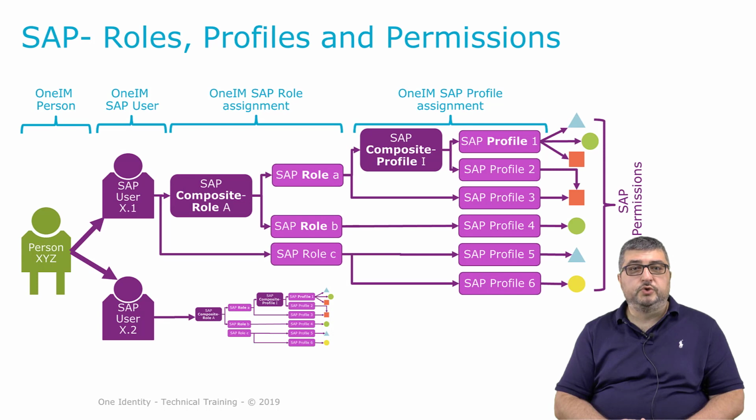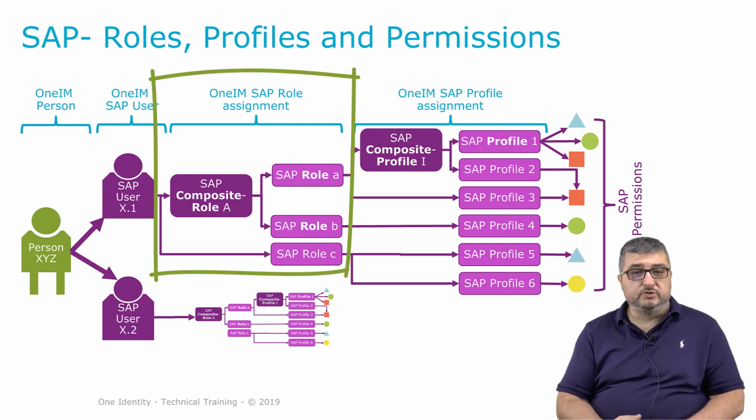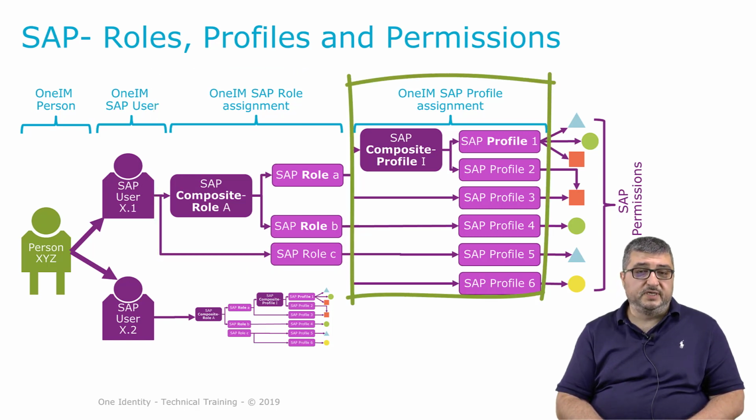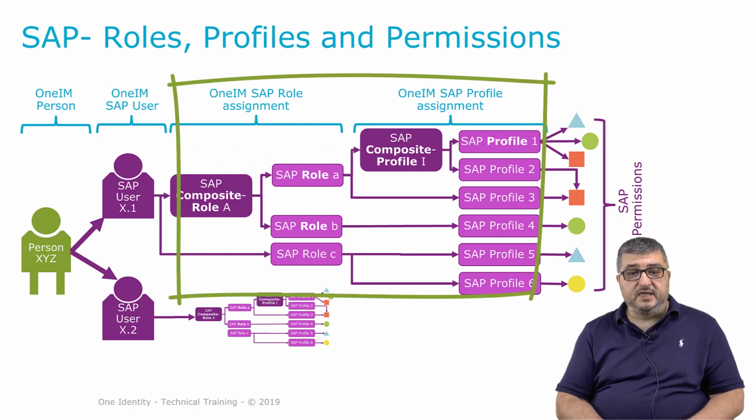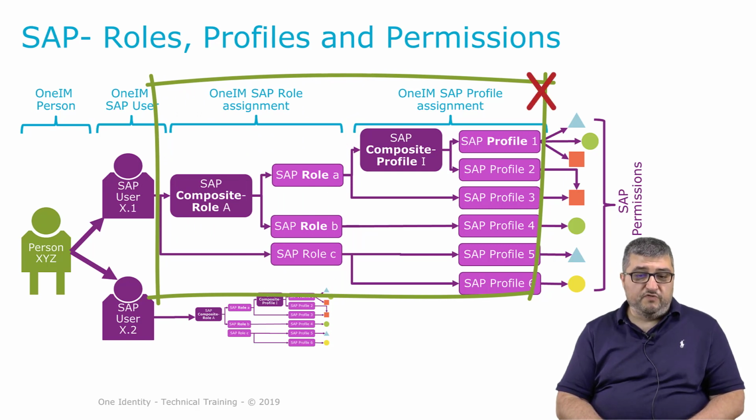When you're going to do identity audit checks or SOD checks in your identity and access management systems, and when it comes to SAP, the checking of permissions is more complex than in regular target systems like Active Directory or LDAP. This is due to the fact that SAP contains roles like composite roles or single roles, which again can contain composite or single profiles,